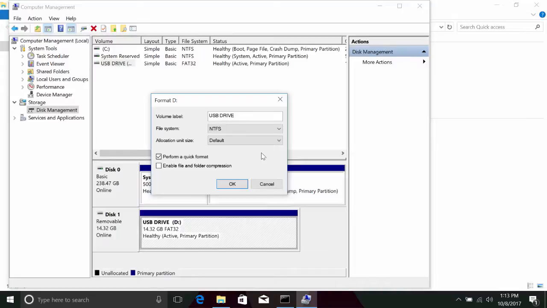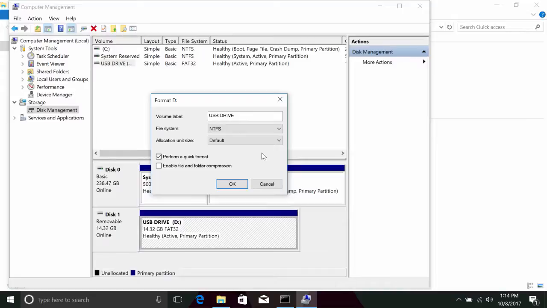You'll also see the option to perform a quick format is available. The difference between a quick format and a full format is that in a full format, Windows will do a little extra work to scan the disk, or USB drive in our case, for errors or bad sectors. This extra work will make the formatting process a little longer, so we'll just stick to quick for now. We're on a roll and we don't want anything to slow us down.